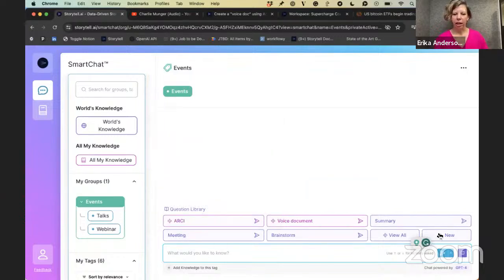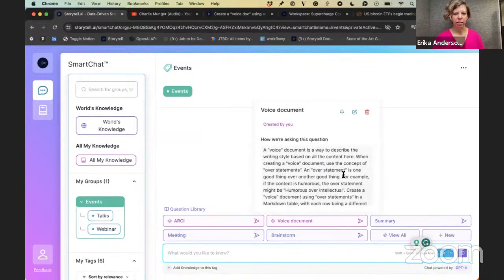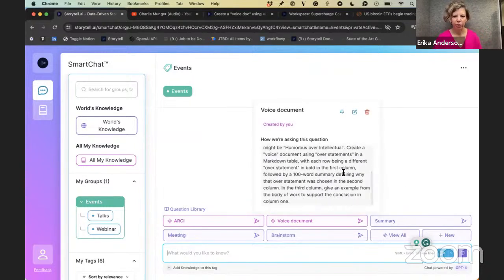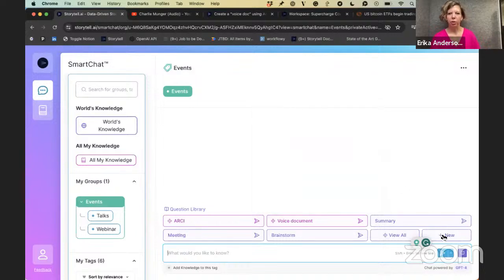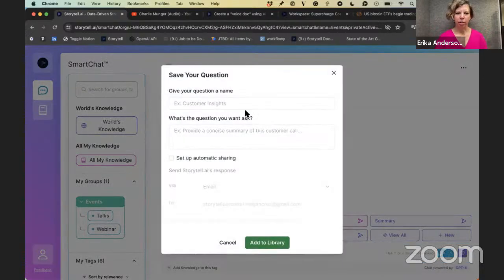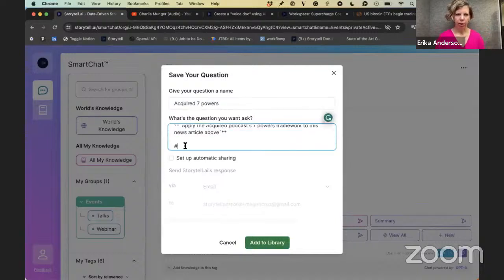And then let's say, oh, I want to add a prompt here. So for instance, this is something that we added of how to create a prompt. So let's say my very last prompt that I made was about Acquired 7 Powers. And let's say I want to save that, and then I want to make it more general to this content.